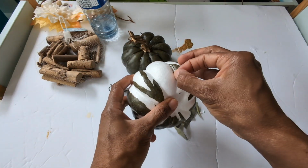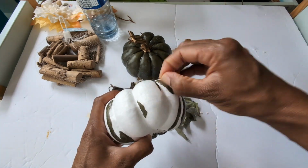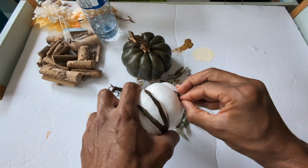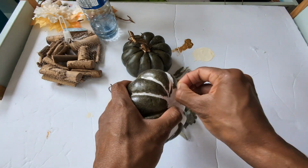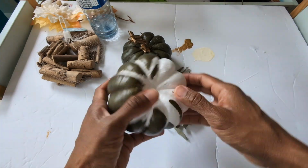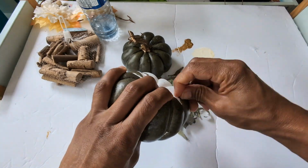I figured that chalk paint would work, but I didn't have anything on hand in the color that I was going for. Since I knew I was going to be home for the evening anyway, I decided to try this option, and these two, let me tell you, were nothing like the other ones that I peeled. They took